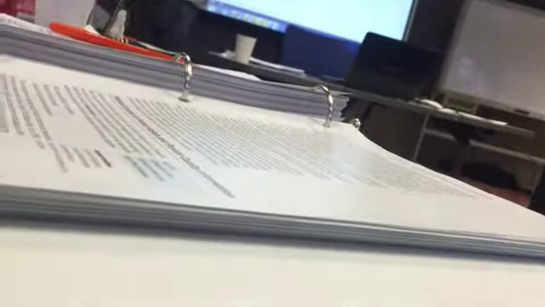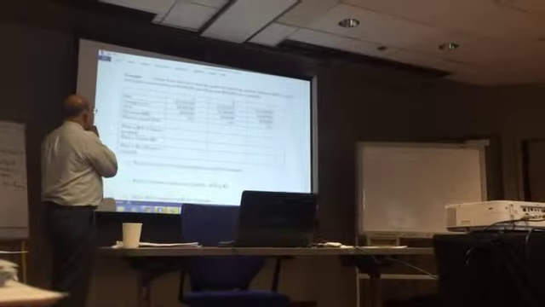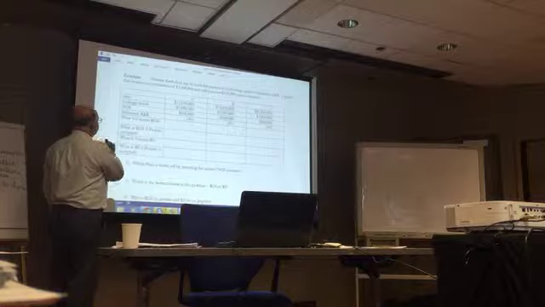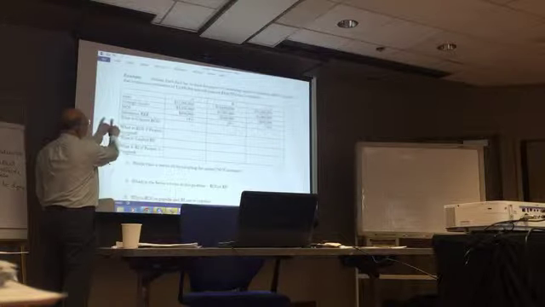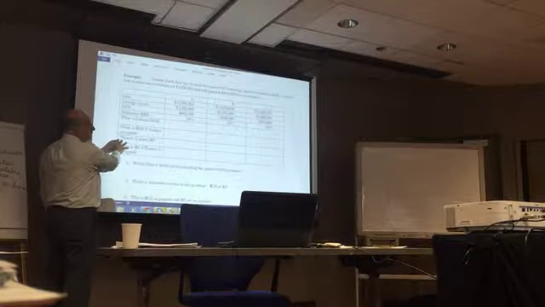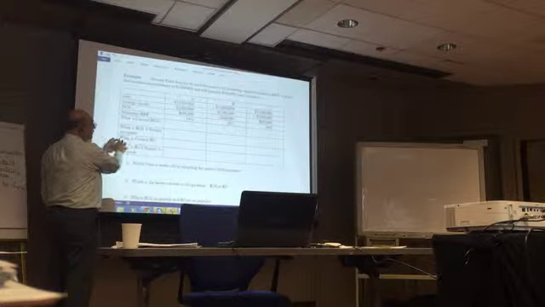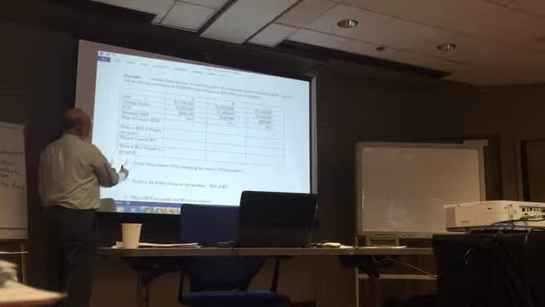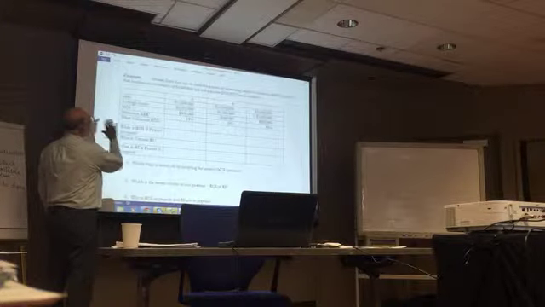So as I said, the second point that we have to look at in this chapter is the relationship between the performance evaluation system and the kind of decisions that the manager will make. In this particular case, we have three divisions, and they have two possible ways of being evaluated. You can evaluate the manager based on ROI, or based on RI. The question is, what decision will they make? We're going to go through this.